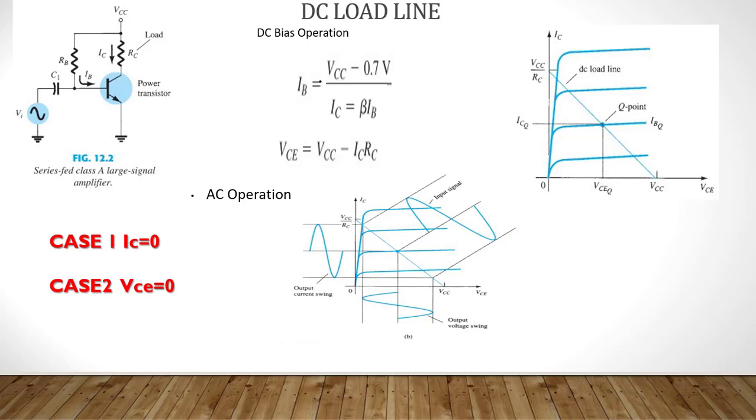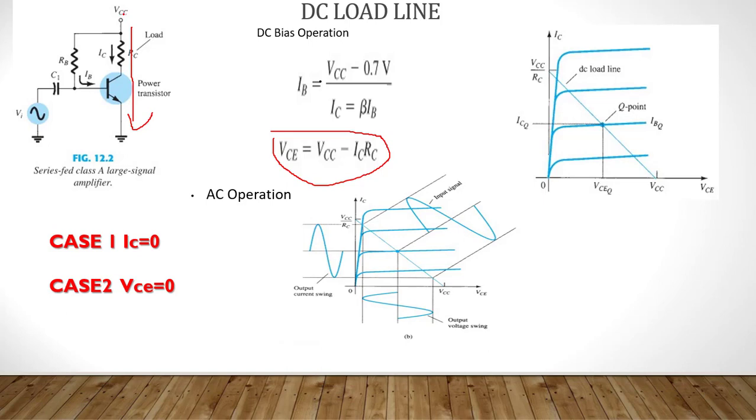Previously we discussed this, but once again we will check what a load line means. Here we are doing the DC load line for a transistor. Any transistor circuit you can take. I have taken one simple transistor circuit with feedback, which was discussed previously in module 1. In this circuit, what happens if I go with the output loop? This is the output loop KVL.